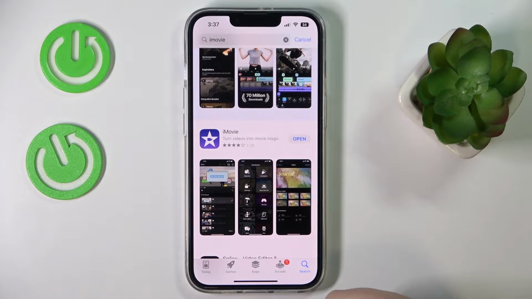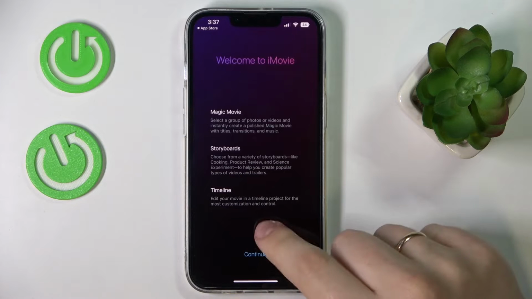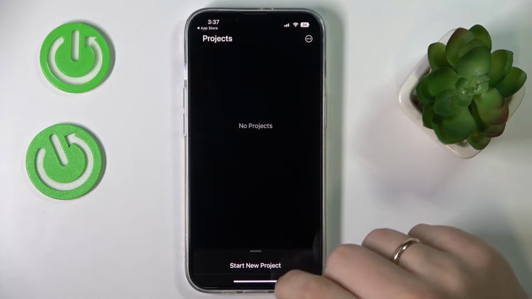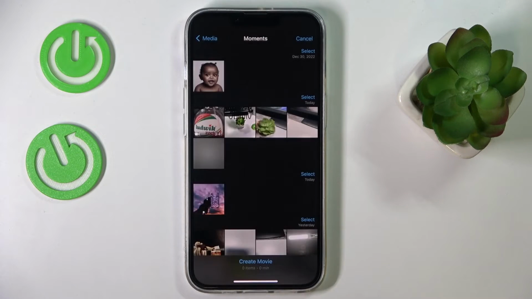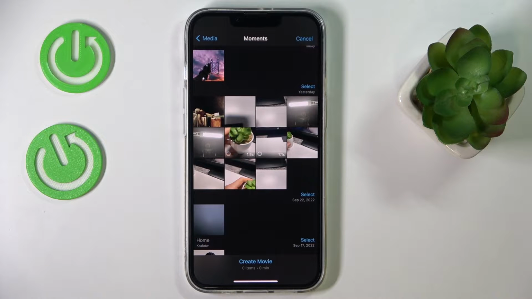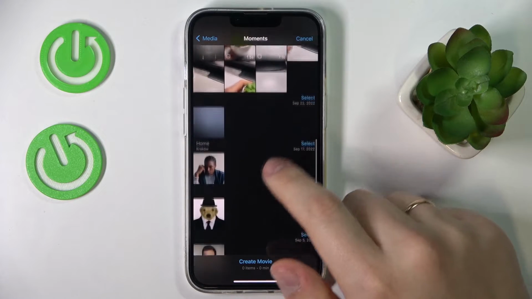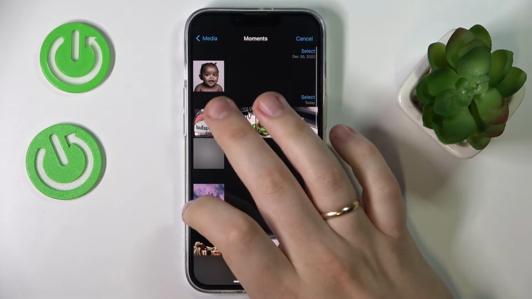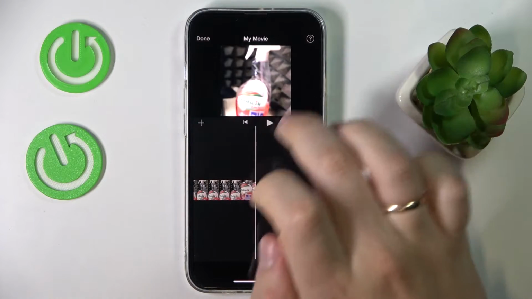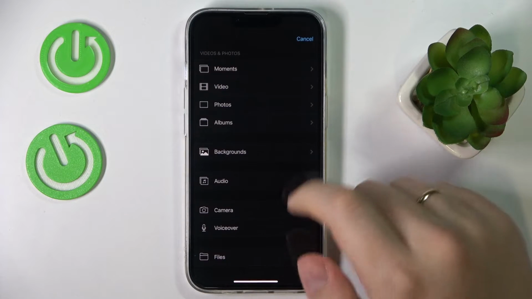Alrighty, once the application has been successfully downloaded and installed, just launch it, continue, create a new project using the movie template, then select what video you would like to put the audio to. Let's say I'll go with this little clip, create movie, then at this timeline, tap on this little plus sign over here, then go for